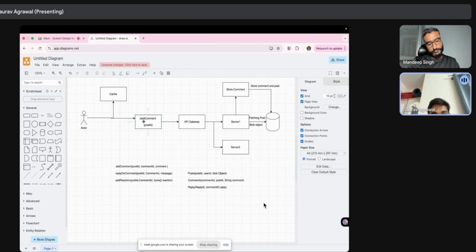While making the request for adding a comment, it will be saved through the cache. Like we are going to have a write-through cache.